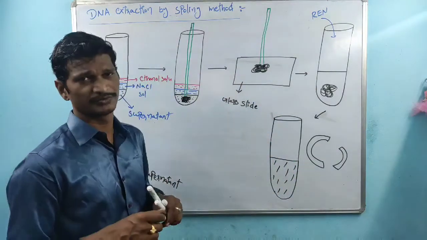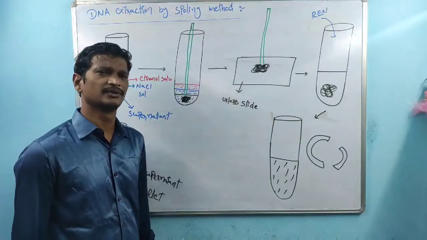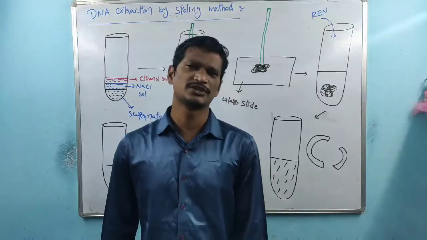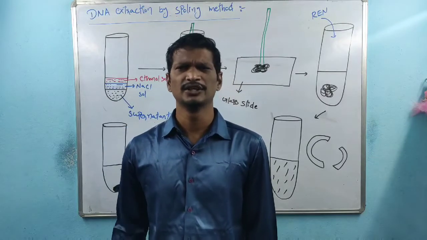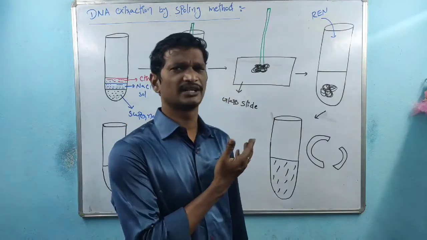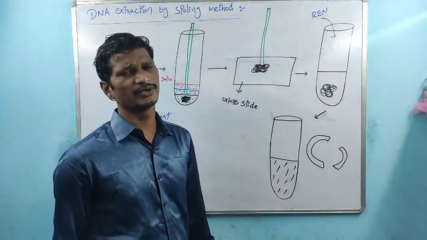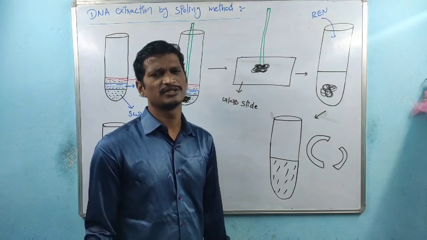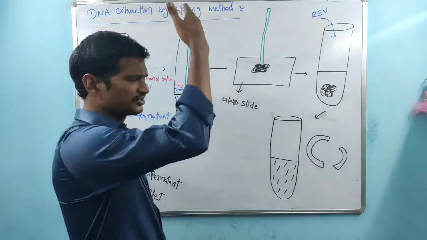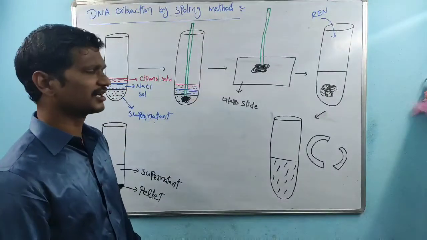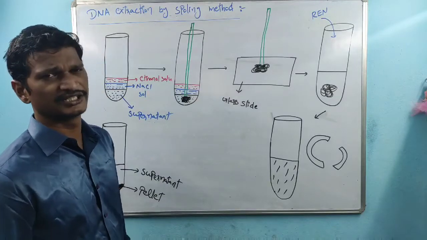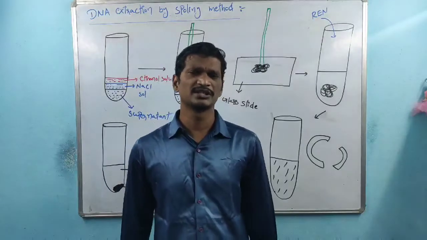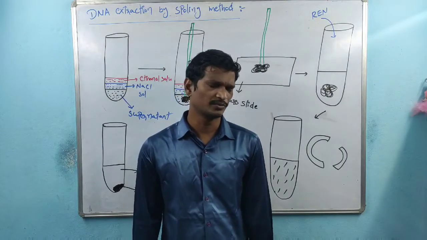For suppose, just imagine the same pattern for the next step. Next step means the second step: isolation of desired DNA. In the same pattern, suppose our target is insulin production. I need the insulin gene. For that purpose, I selected human cells. So the process is the same, right? In the same pattern, I did the density gradient centrifugation. There is cell wall destruction, but there is no cell wall in animal, human cells, so that step is removed from this process.